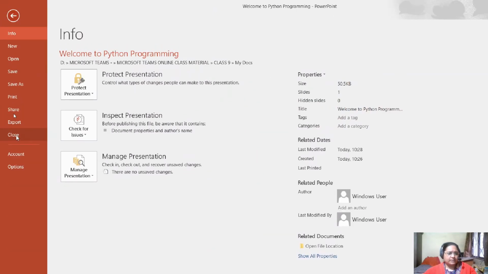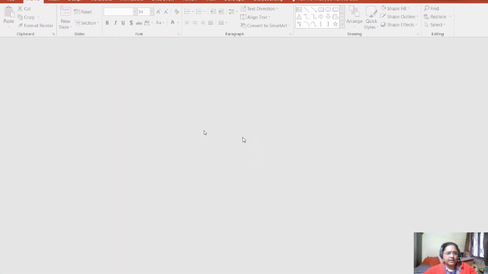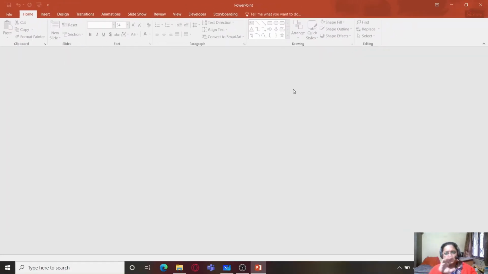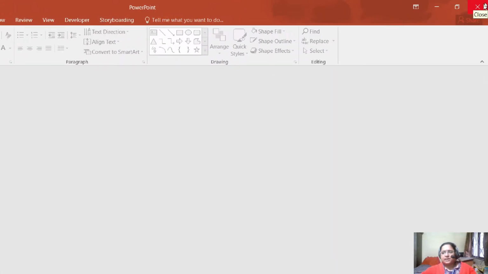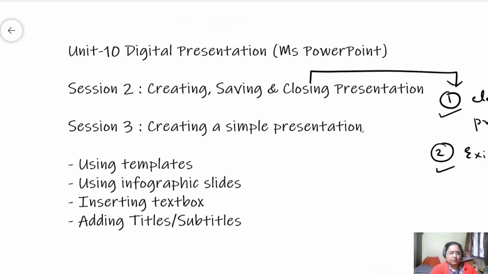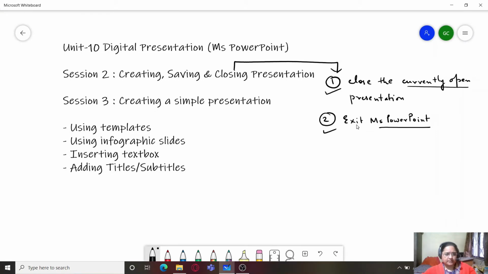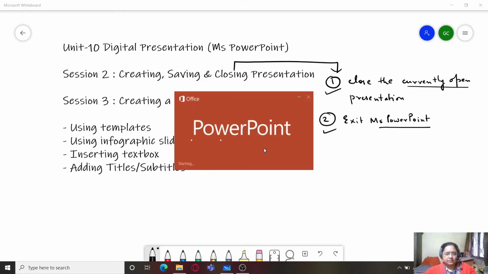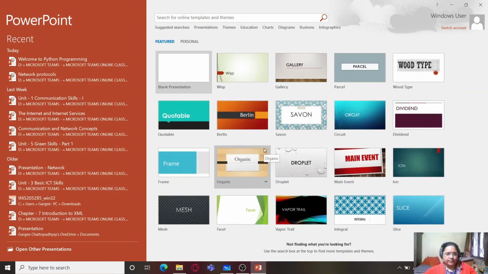Now when I click on this close, it will only close the current presentation, but the outside parent PowerPoint window will be still open. If you close it from here, if you click on this red colored close button, this will altogether close the application PowerPoint, and you'll have to again open it by doing the needful.